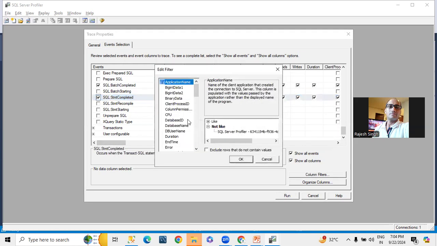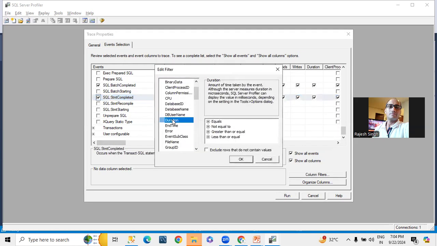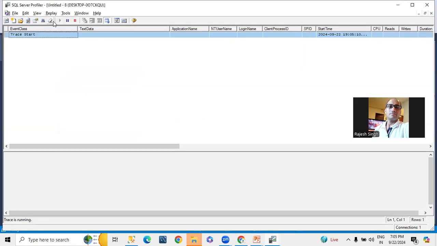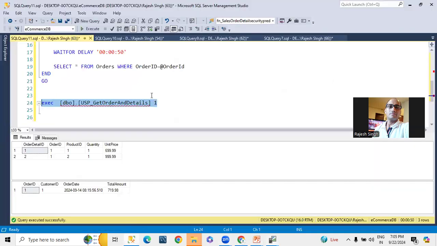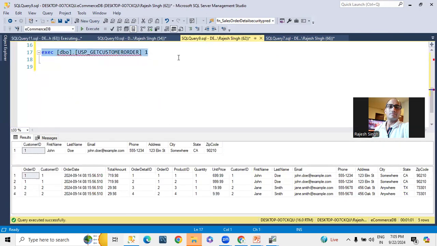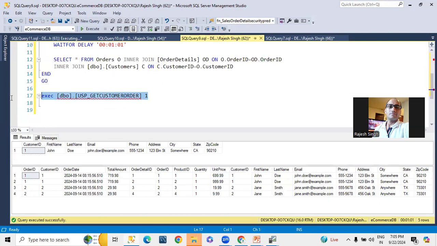Okay, here is a filter. I'm going to add here greater than 60000. It means 1,000, 6,000, 60,000. Greater than this, exclude all the rows. Let me run, clear this, and after that let me try to execute. This is less than 1 minute, it's 50 seconds only, and the other one takes more than that.